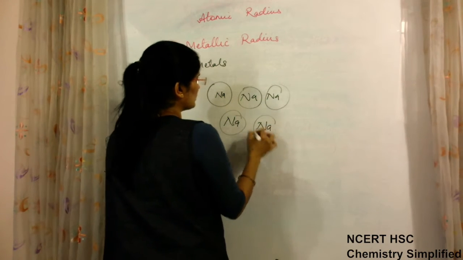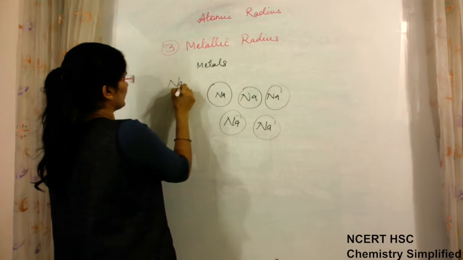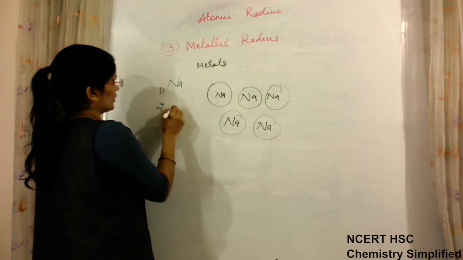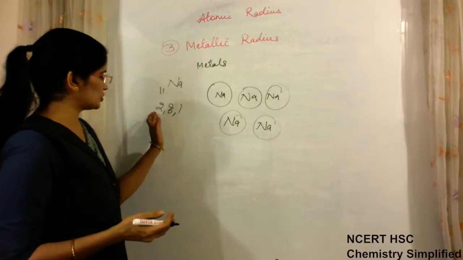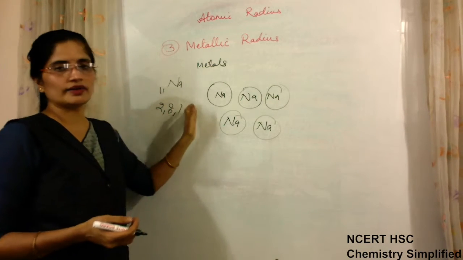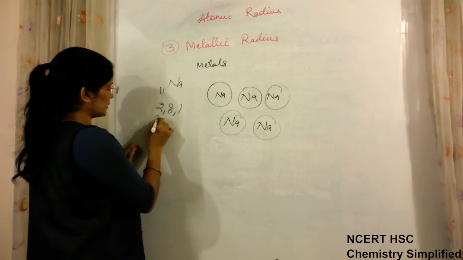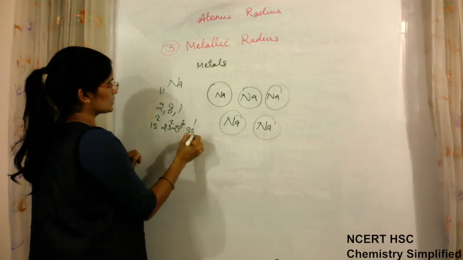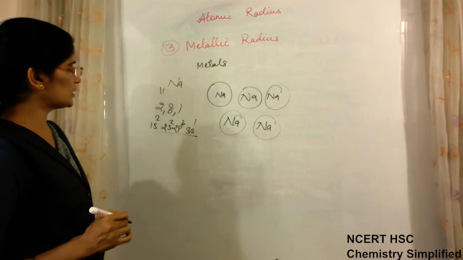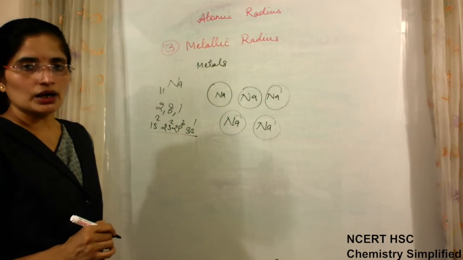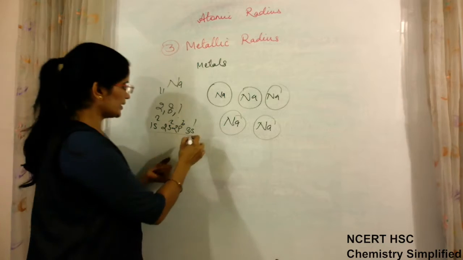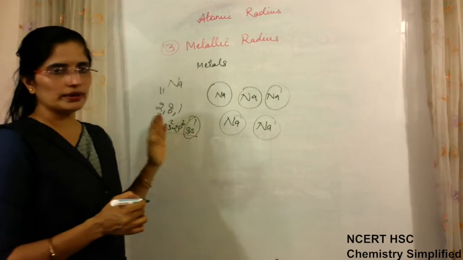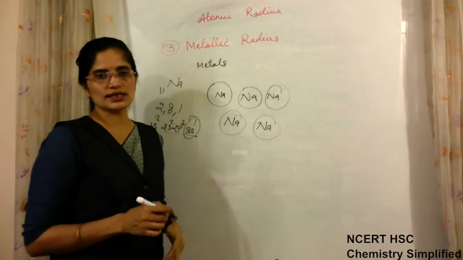So sodium has atomic number 11. Its configuration, according to the old classification, we write as 2, 8 and 1. Otherwise we will write 1s2, 2s2, 2p6 and 3s1. This is the configuration according to the quantum mechanical model. So 3s1, that is one electron is there in the outermost shell, and to become stable, sodium always loses this